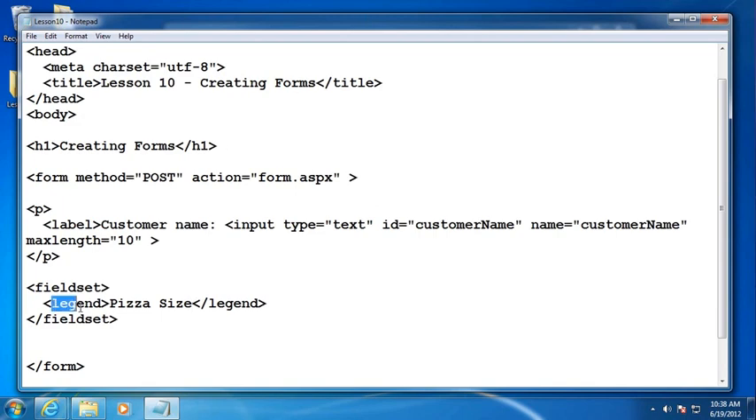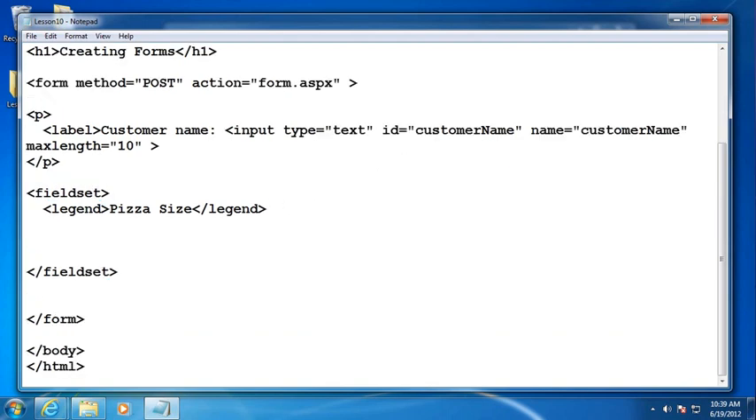And the legend has to be the first child of the fieldset. Just a little technical note there. So you'll see that once we add our individual radio buttons in between the opening and closing fieldset elements, it creates a little box around it with a name in the upper left-hand corner by default using Internet Explorer's default style sheet. Of course, we can change that. But let's create a series of